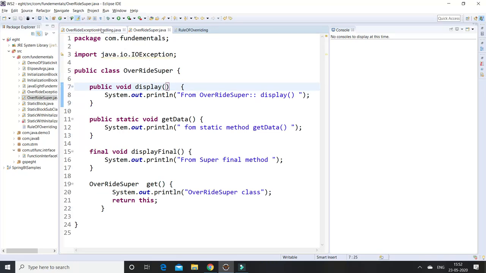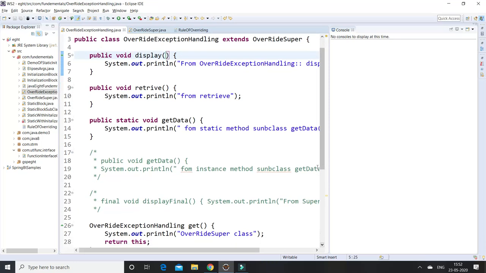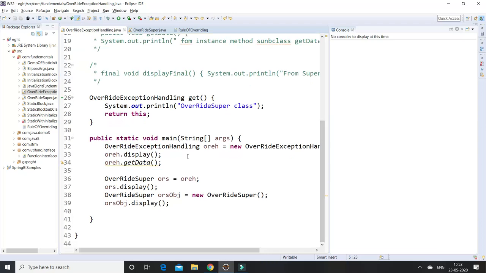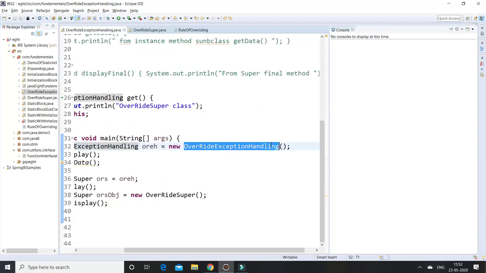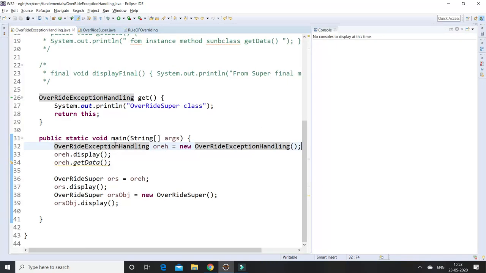In the subclass level, I am creating the subclass object, and by using this object I am calling the display method.